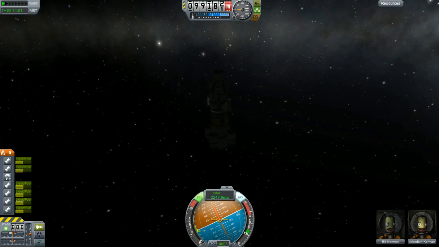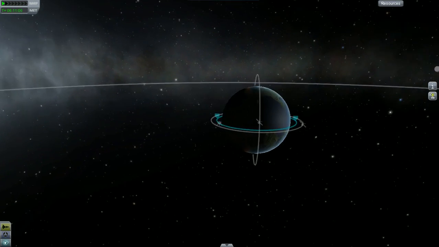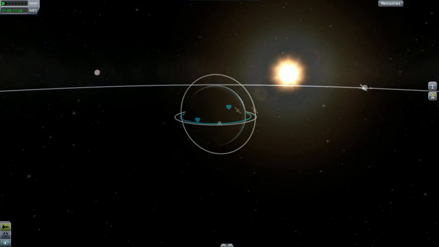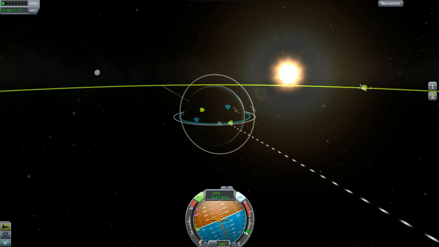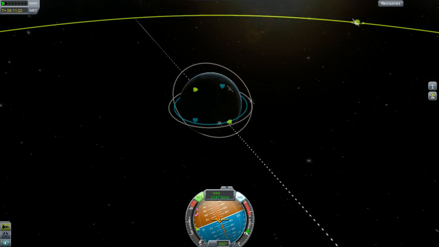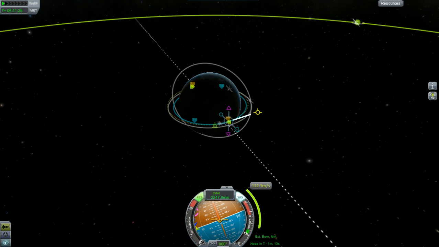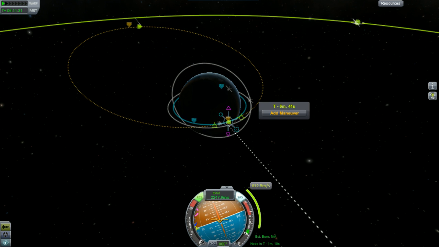And so what we're going to do here is we are going to go ahead and begin aiming for the moon. We will just go ahead and get that going real quick. We have a fairly good inclination, which is good because that means it'll be easier for our space probe to reach where we're trying to go. And that should mean that we should have no trouble hitting